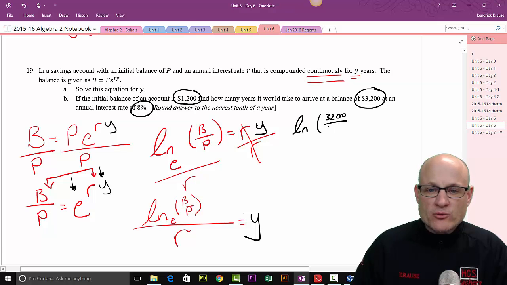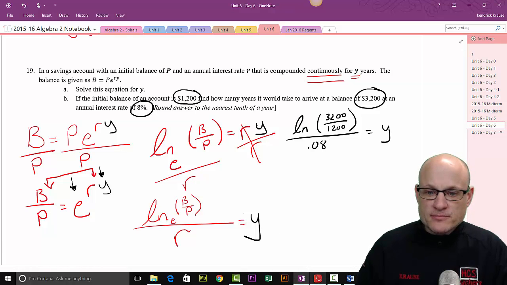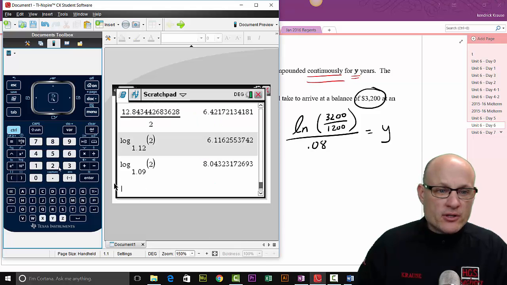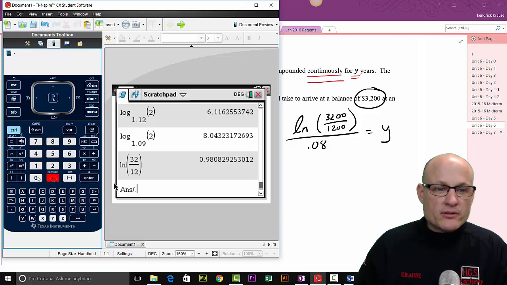P was my initial amount, which was $1,200. All divided by my rate, which is 0.08, is equal to y. So I'll just type that in. Natural log of 3,200 over 1,200. I can get rid of the zeros, so natural log of 32 divided by 12, enter, divided by 0.08 equals